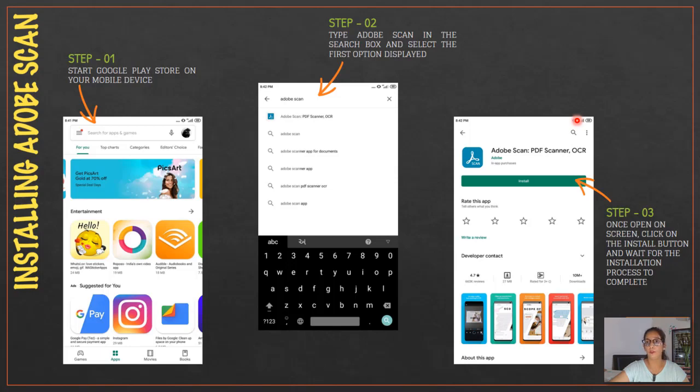All you need to do is start the Google Play Store on your mobile device and then type Adobe Scan in the search box and select the first option as displayed here. Once open on the screen, click on the install button and then wait for the installation process to complete.